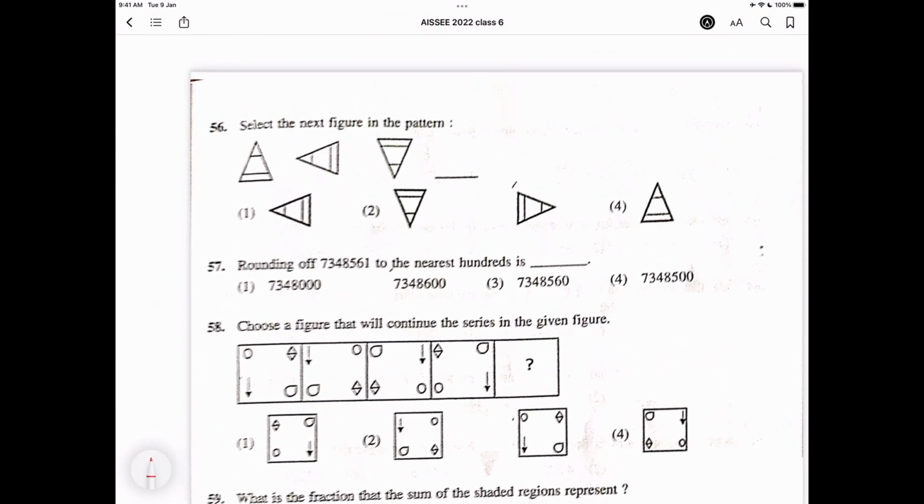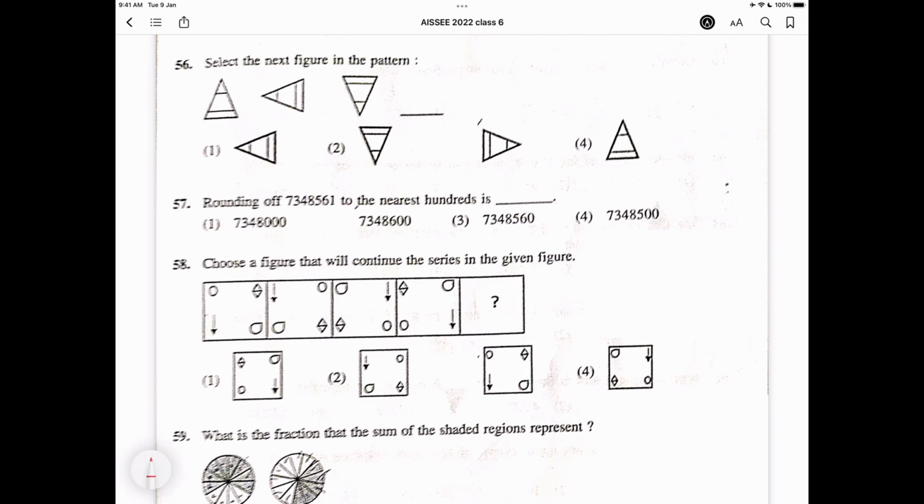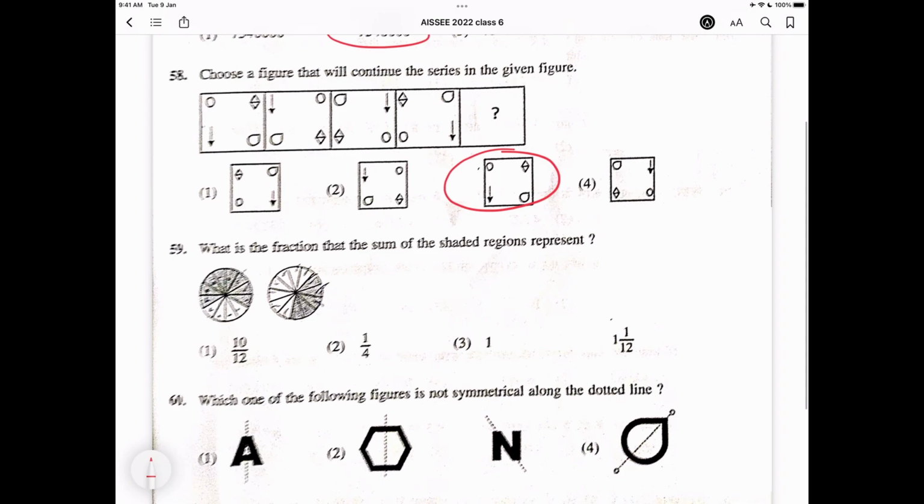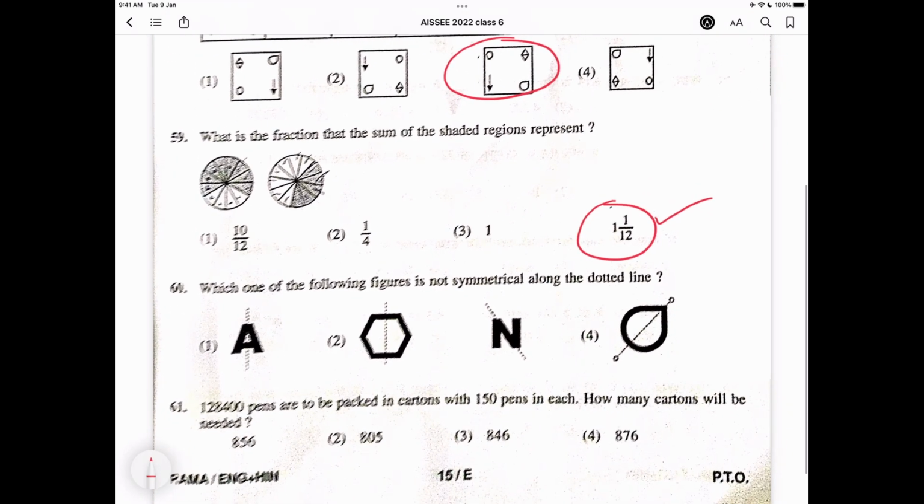Now moving on to the next one, question number 56, third option is the correct answer. For question number 57, second option is correct answer. For question number 58, again third option is the correct answer. For question number 59, fourth option is the correct option. For question number 60, it is third option which is correct answer,